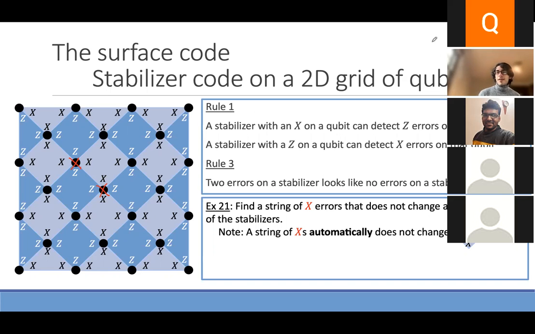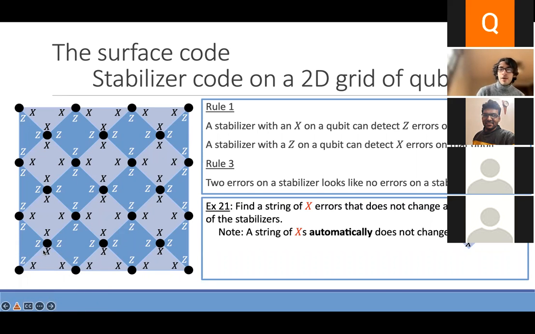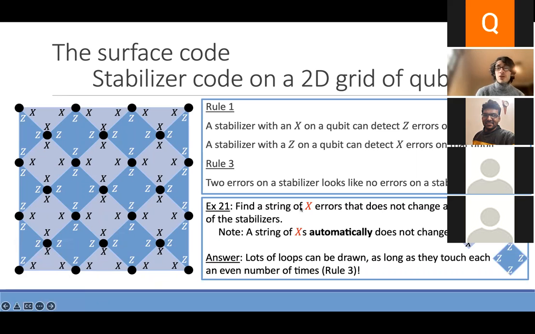Yeah, so okay, I think the correct answer is in the chat. So yeah, a few people said X errors on every corner of the square. And so that's definitely one of the answers. So let me clear off my screen. So as an answer, essentially you can draw any loop that touches Z's an even number of times. So if you draw a loop, for example, this loop of X errors, or that loop of X errors, or